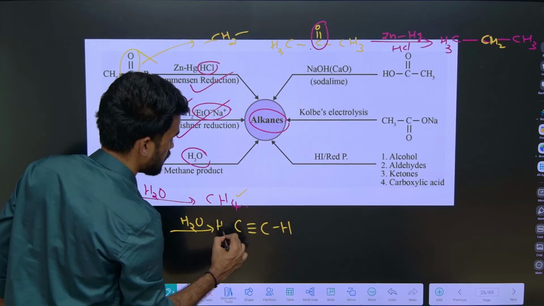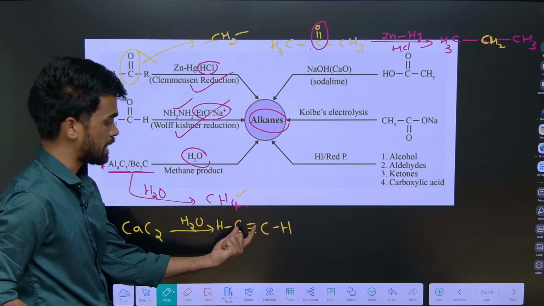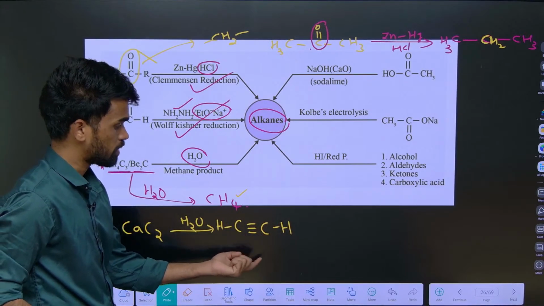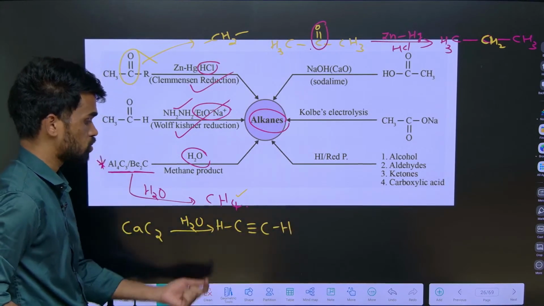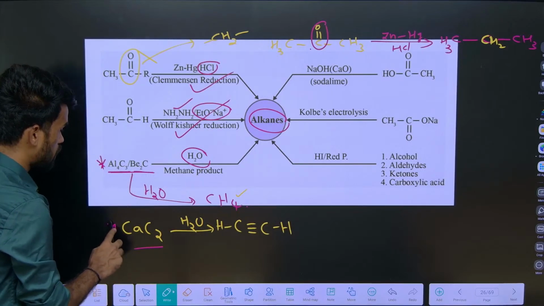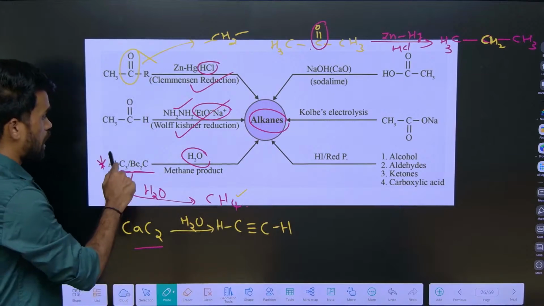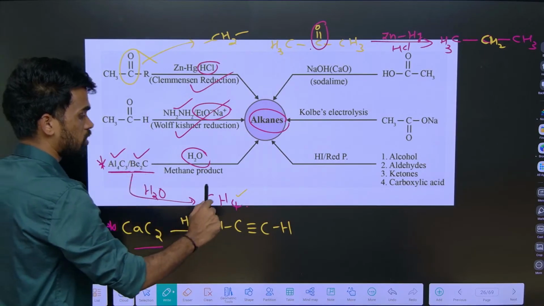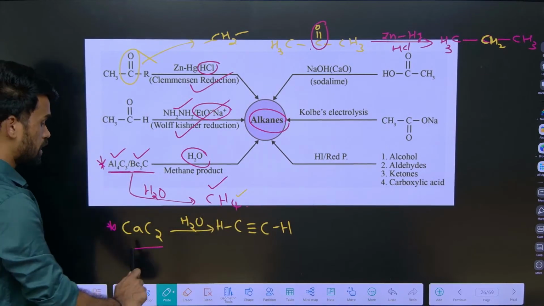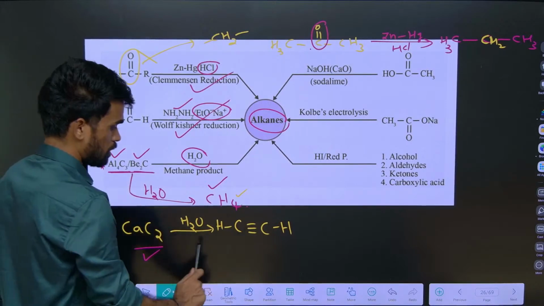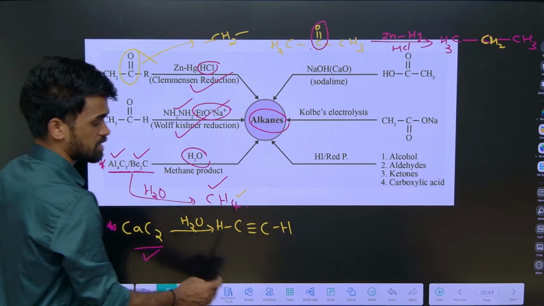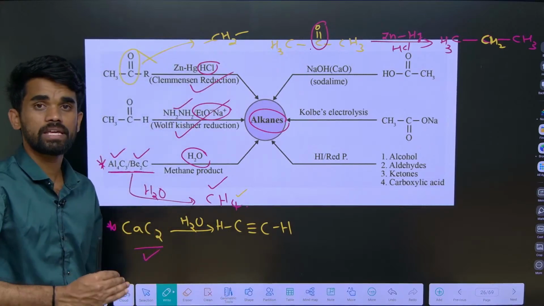So acetylene or ethane. What is the common name? Acetylene, or IUPAC name we can say ethyne. Okay, so this is a product. You should remember, different carbides will give different types of products. Aluminum carbide and beryllium carbide will give methane as a product. Next, calcium carbide will be giving acetylene, or ethyne, as a product, and magnesium carbide will be giving propane